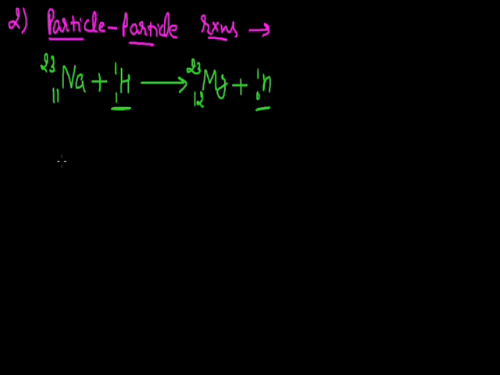If we take one more example of this kind of reaction, if I start with the isotope of nitrogen, that is N-14 (atomic number 7), when it is bombarded with the elementary particle neutron, it results in the formation of a radioactive isotope of carbon, C-14 (atomic number 6), with the formation of a proton. So here we find an elementary particle with the main parent nuclei at the reactant side, and we are getting an elementary particle at the product side also with the daughter nuclei. So these kinds of reactions are termed particle-particle reaction, and the definition will be: